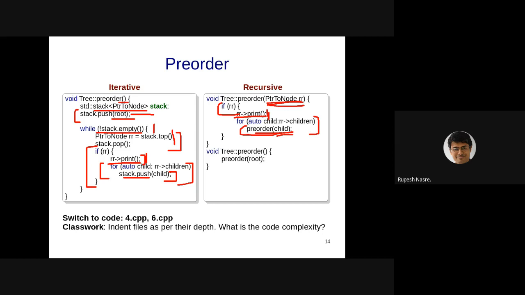Abhishek says it will depend on children, order of number of children raised to node. Raised to node meaning the work done at every node. Okay, into node, number of nodes. I see.